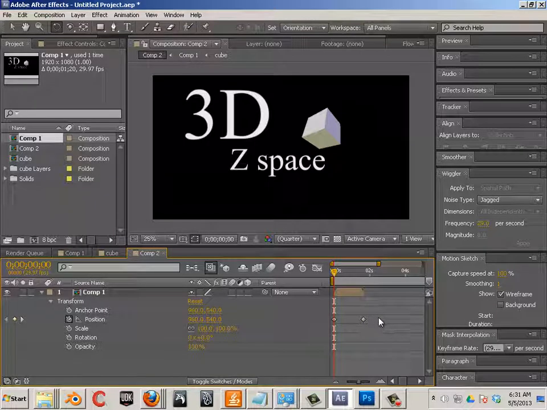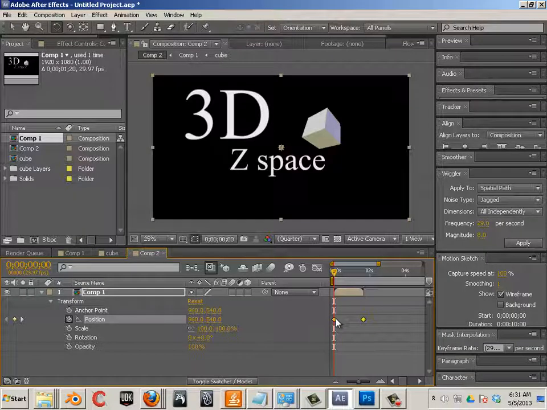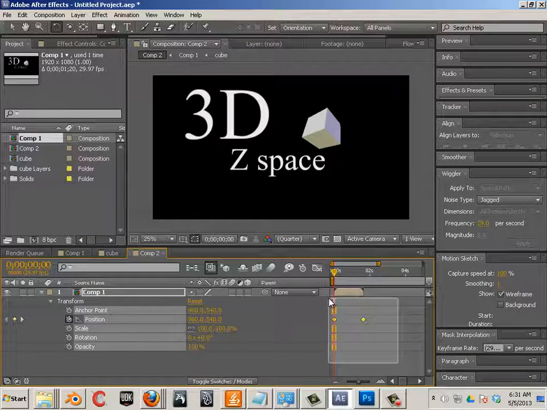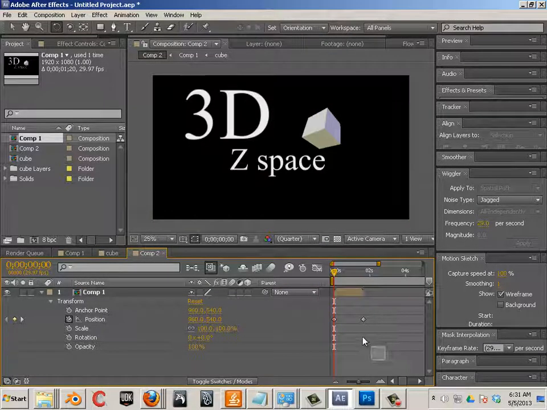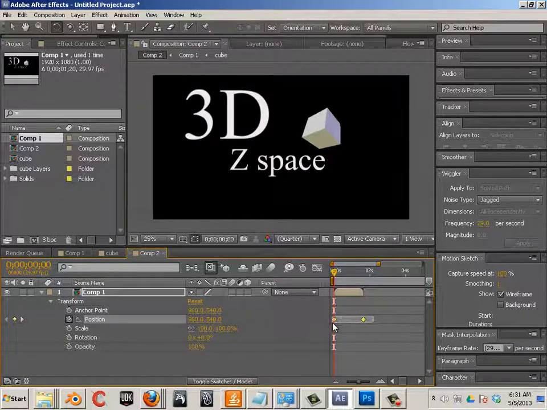When you highlight these 2 keys, they must be very direct. You can hold Shift and highlight one then the other, or you can use a marquee tool to marquee select them very finitely in the channel. If you go like this, it will fail. Okay, what I'm looking for is Wiggler here. And you can get the Wiggler by going to Wiggler, or it's located over here. Look what happens if I highlight it like this. Nothing highlights, but if I highlight it like this, things start lighting up.